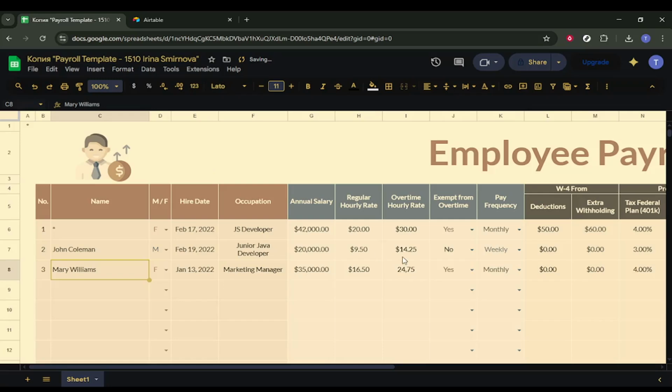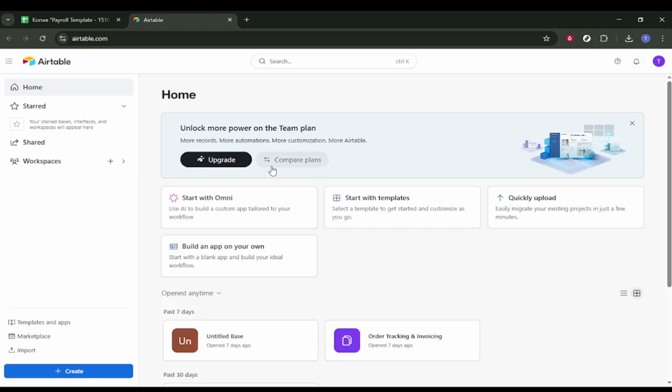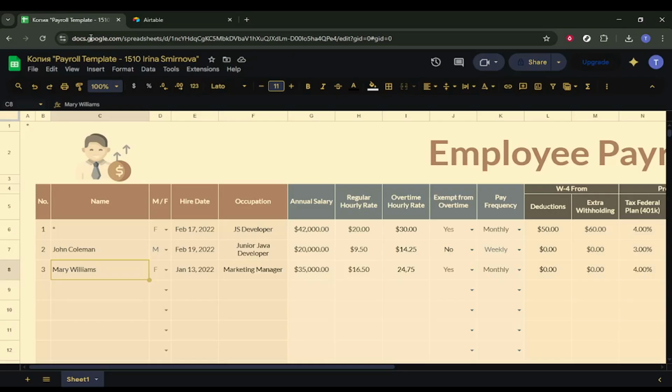In today's video, I am going to teach you how to import Google Sheets data to Airtable. To begin, open the Google Sheet that contains the data you want to bring into Airtable. In this example, it is a copy of a payroll template spreadsheet, but the same process works for any Google